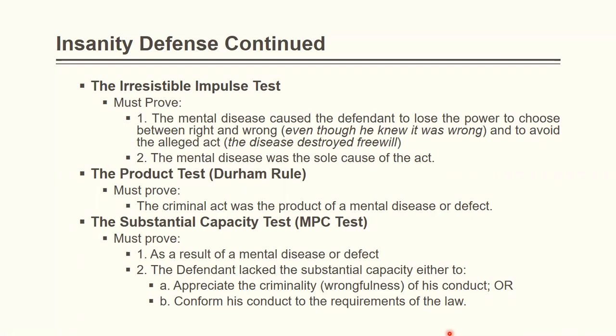We have another major rule, which is the product test. This is the Durham rule. Durham says that, and this is great, this is the easiest test: the defense has to prove that the criminal act was the product of a mental disease or defect. That's literally it. All you have to say is, yeah, this person committed the crime because of their mental state. Okay, that's insanity if we're following the Durham rule. I can't think off the top of my head of really any states that follow the Durham rule, just because it is so